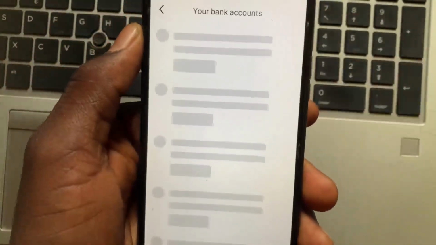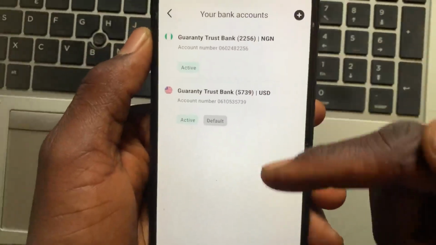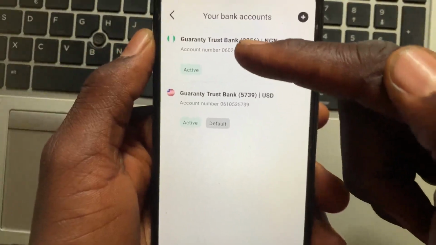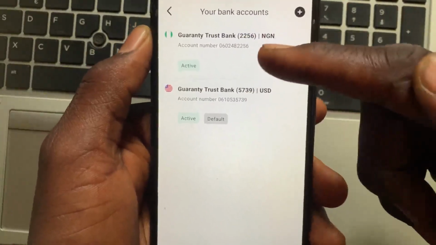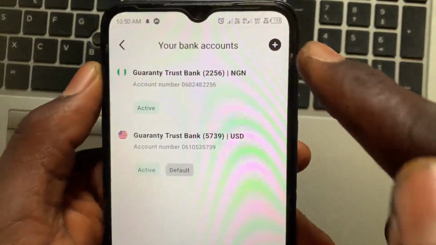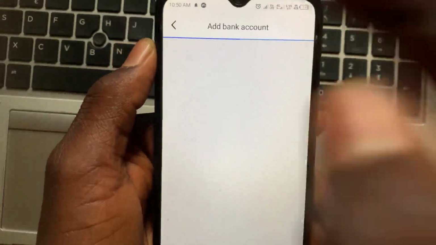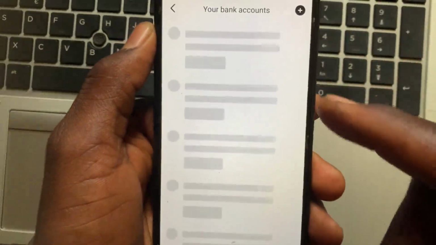So from this option, now it will ask you to add in the bank that you want to withdraw the money to. I already have two banks linked to my Payoneer account. If you want to add a new bank, just tap on this plus button. From there, it will allow you to add a new bank. After you add the new bank that you want to withdraw the money to, all you have to do now,